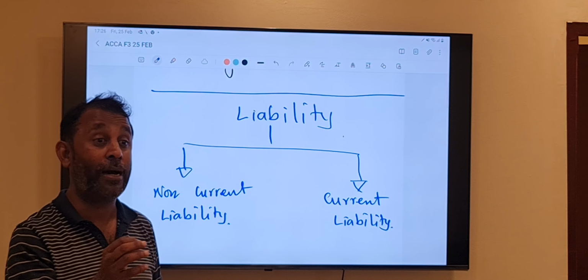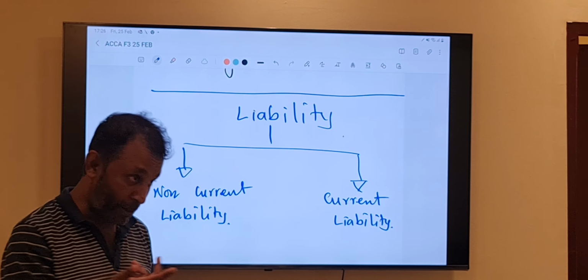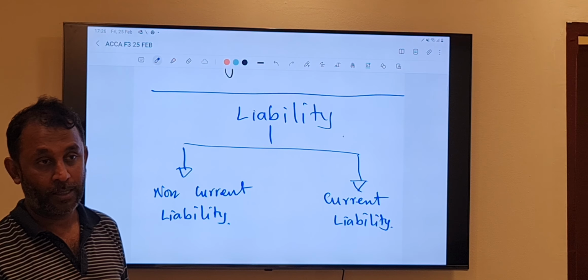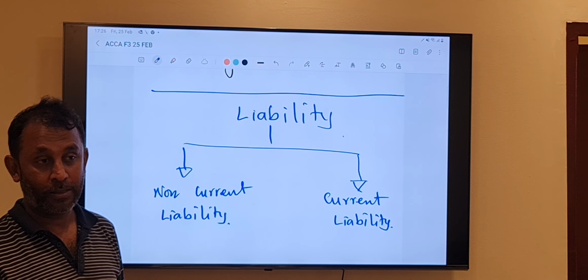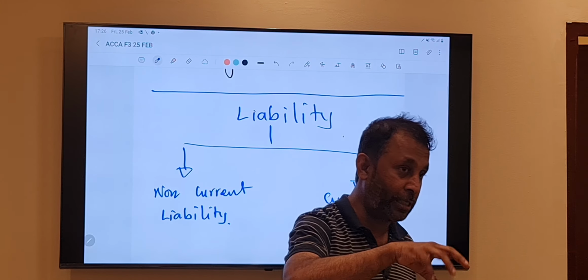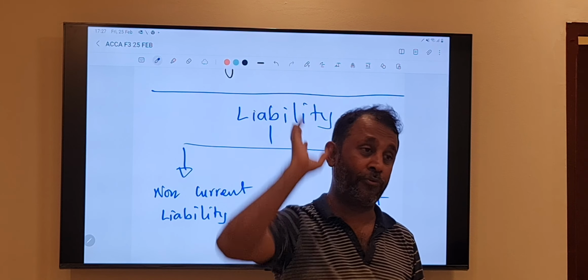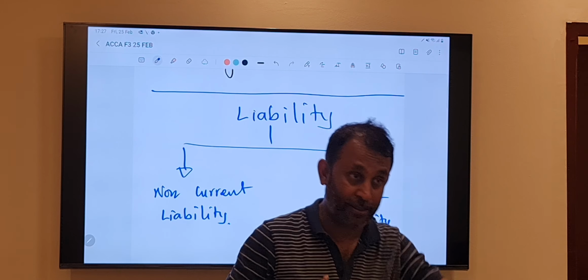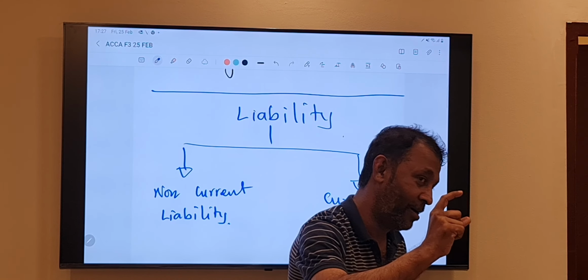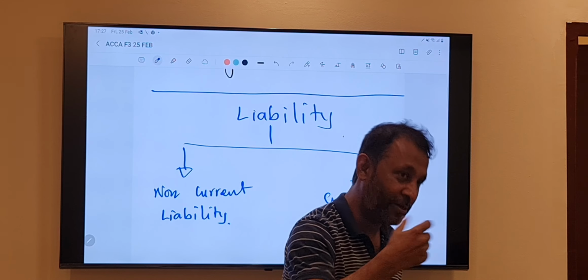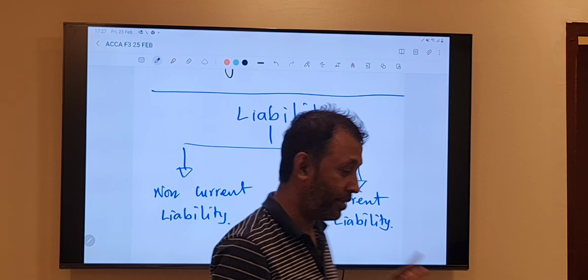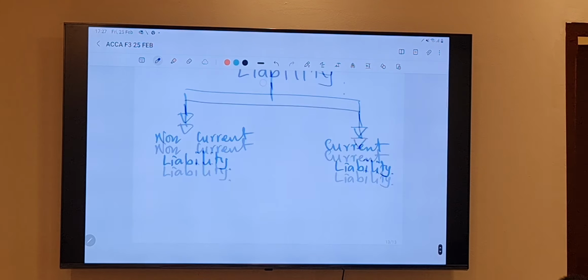OD, overdraft. Supply payables, not payments, payables. Bank overdraft, how to say in Arabic? Now I have 500,000 in my current account. I have taken 600,000 from the bank. My money 500,000, but the bank gave me 600. Facility. So 100,000, they give me extra. That facility, OD is facility, the overdraft we call it in English. So that is bank overdraft. So these are the examples. Now let's define non-current liability.